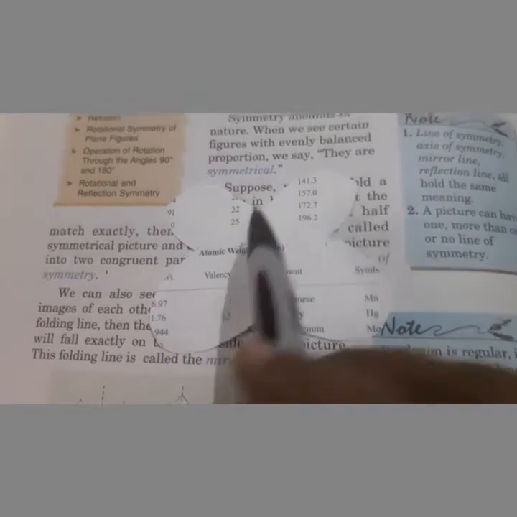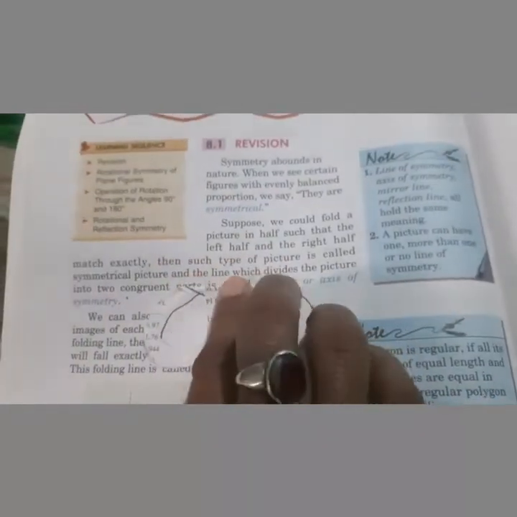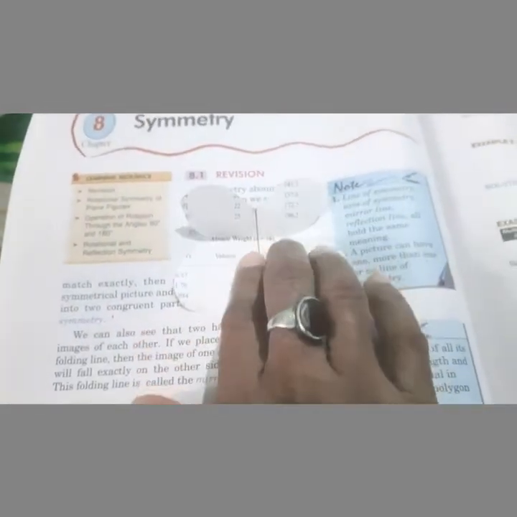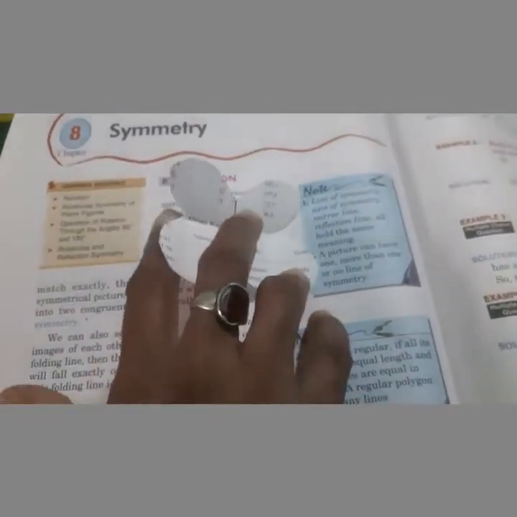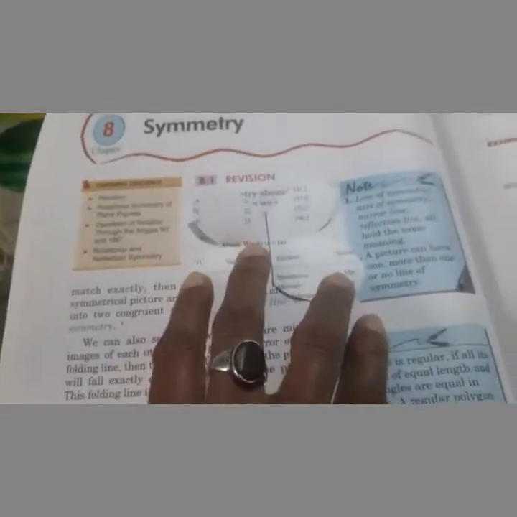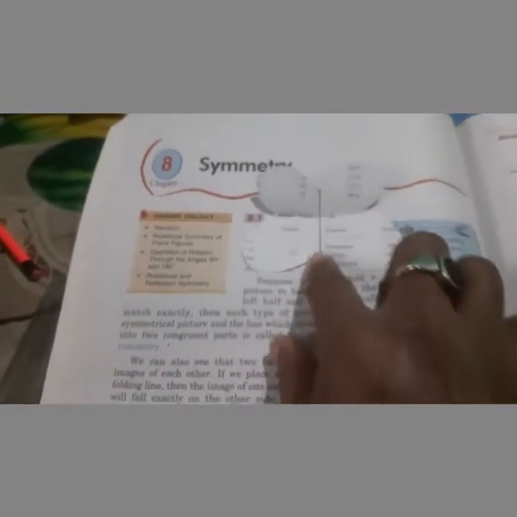But if we fold this figure in this way, are both the halves identical? No, because this one is smaller and this one is larger. So the line of symmetry of this figure is only one, that is longitudinal, and longitudinally it can be divided into two equal halves. So we can say this figure is symmetrical with one line of axis, or one line of symmetry.